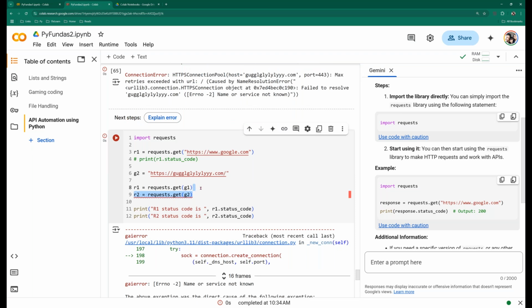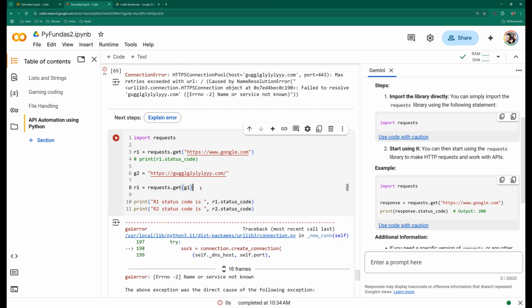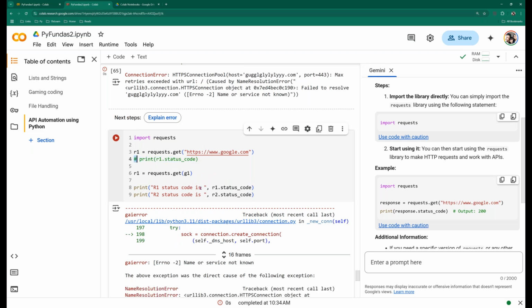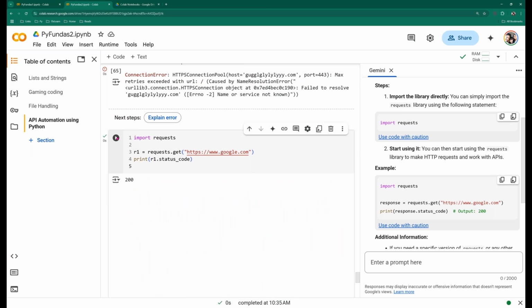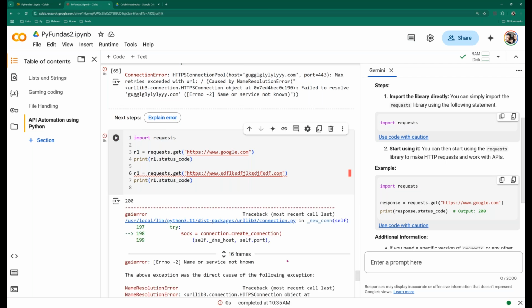Now, something is definitely an issue with this, team, with the second URL. But why should it have an issue with it? It's just a bad URL. This is fine. Now what if I give a bad URL? I didn't even put try except yet to be able to handle any issues. See,